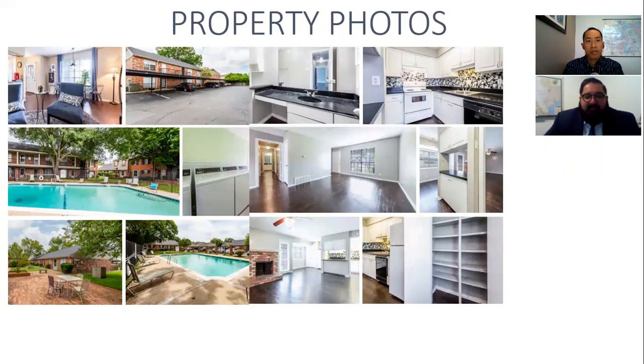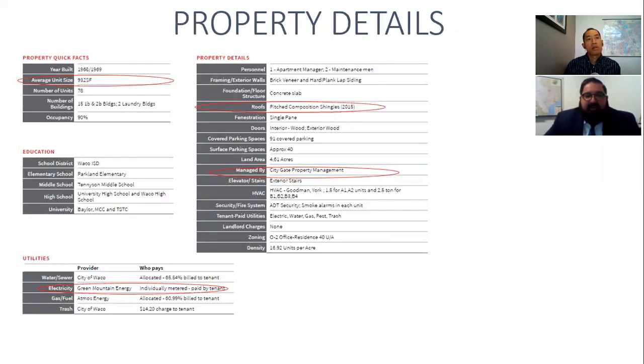A lot of them have their own fireplaces, in which a lot of the competitors don't, and your average square footage is a little bit bigger than the rest of your competitors. So you should have not as big of turns, because you're likely to see this attracts families very well. Our average square footage here is 932 square feet. Again, pitched roofs, but really the thing to look at is you're really close to Parkland Elementary School, Tennyson Middle School, and Baylor's not too far away. And the reality is that you've got just a really nice